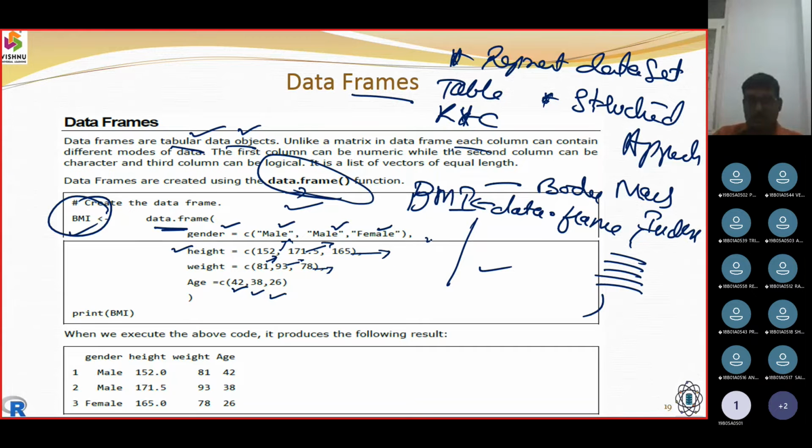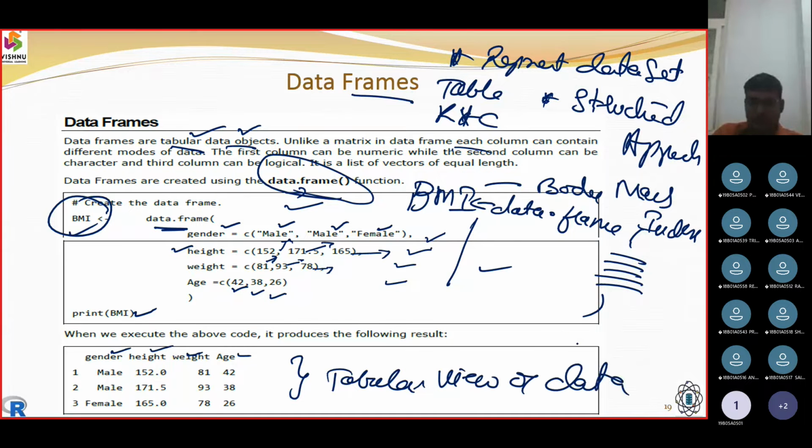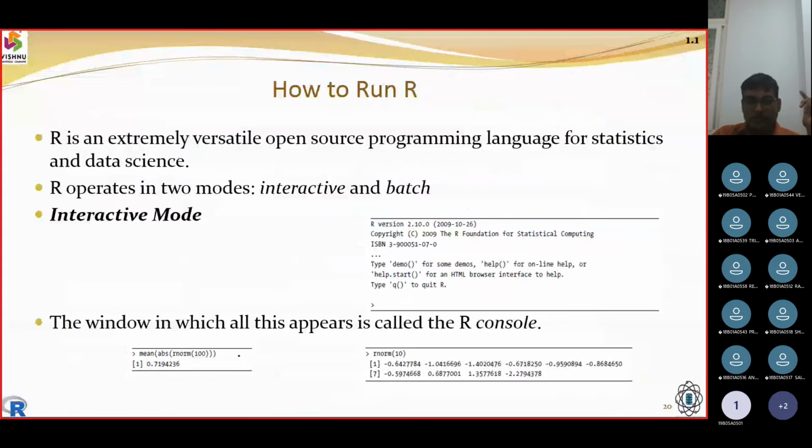So we get gender, height, weight, and age. Finally, we print the body mass index. So you can have a tabular view of data, in a number of rows and columns. In this way we print out the essential items.